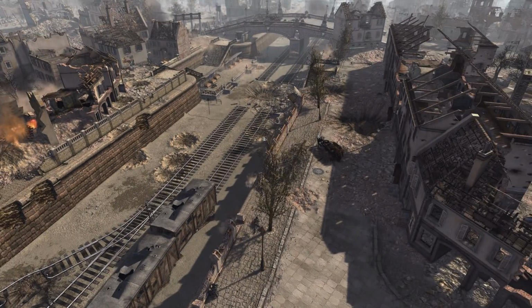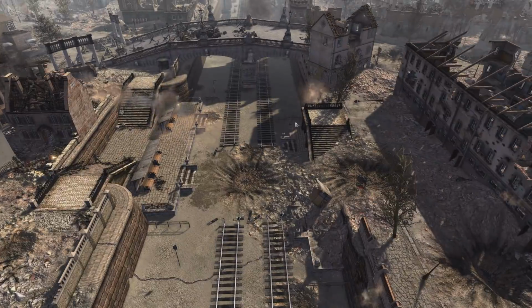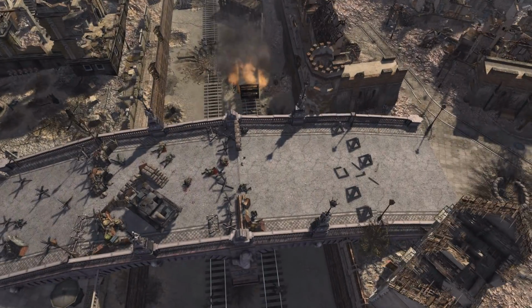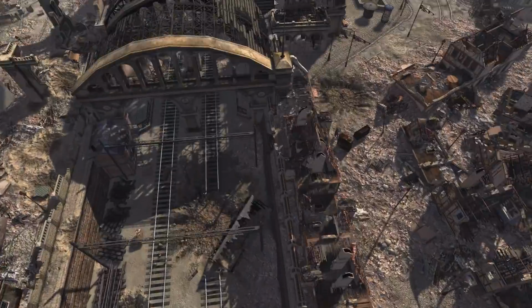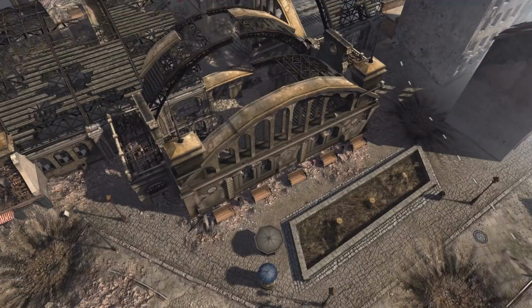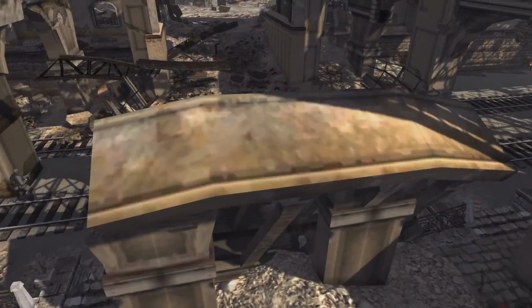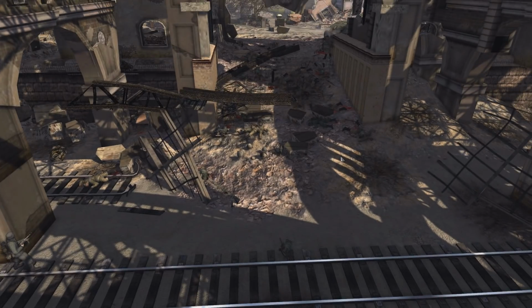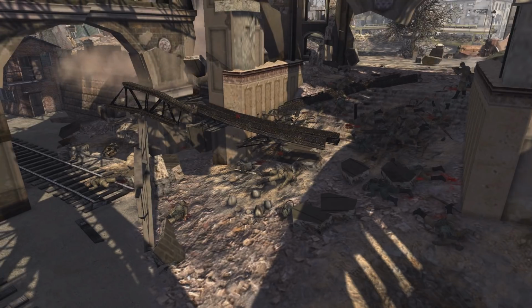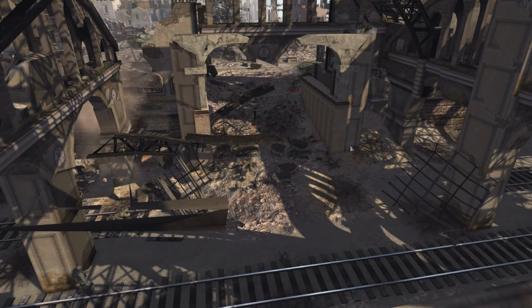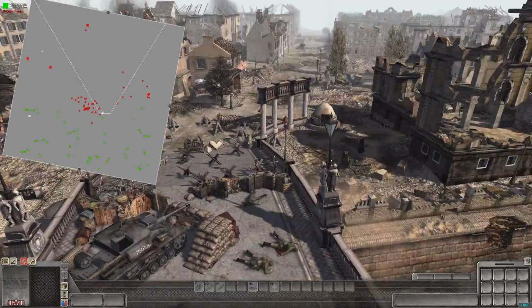They haven't really made any major commitments to crossing the railroad tracks yet. They're getting shot down on the bridge, mostly. How's it looking down here? Still no major attempts at getting across. We've got a few German soldiers remaining. Lots of Russian infantry that's just been slaughtered. Looking at the minimap, clearly down... Oh, well, there it is.